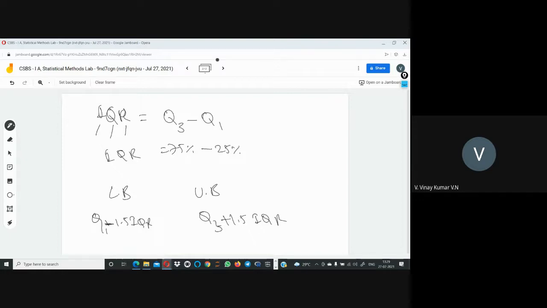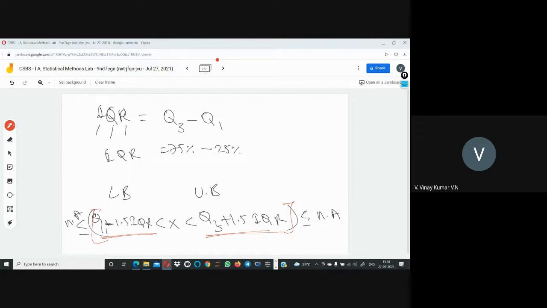So these are the range. Within this range, whatever data is there is accepted. Out of this range, whatever data is there is not accepted. So within this scale, Q1 minus 1.5 times IQR to Q3 plus 1.5 times IQR, we accept the data. Even if a value lies within this interval, it will not disturb your analysis or whatever we are doing, and it will not disturb the problem.